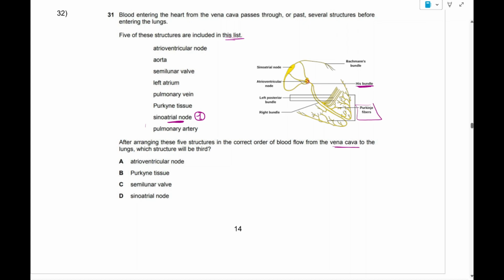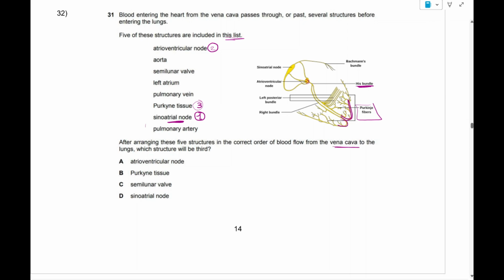Purkinje fibers. So here in the list, we have the atrioventricular node. Therefore, this is going to be the second option that we have here. And then the bundle of His until it reaches the ventricle. So here in this option, we do not have the right ventricle. Therefore, the more suitable answer in this case, or the closest answer, is going to be the Purkinje tissue or the Purkinje fibers,